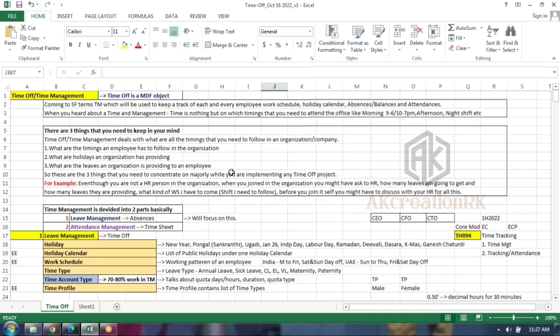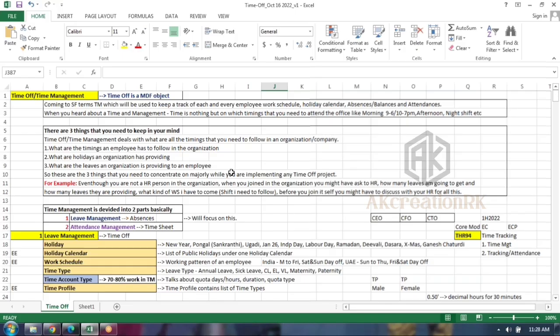So annual leave, sick leave, vacation leave, casual leave, maternity leave, paternity leave, right? Condolence leave, marriage leave, jury duty leave, alimony leave, garnishment. So there are different kinds of leave depending upon the country and the customer, guys. There is no rule that every customer across the globe has the same leaves. But a few things are common, guys. Annual leave is common, sick leave is common.